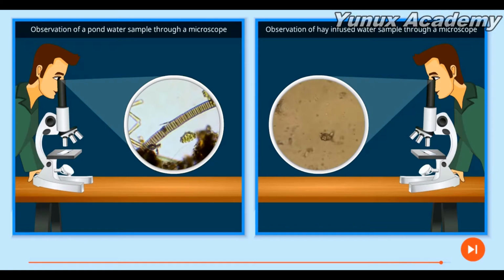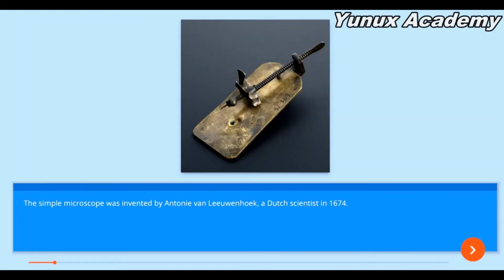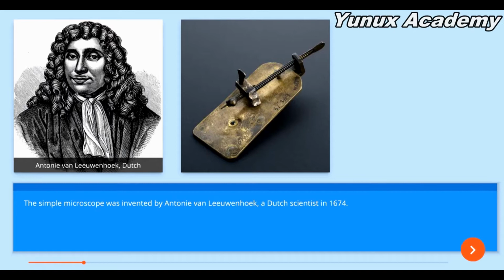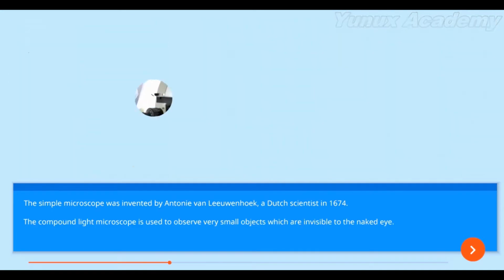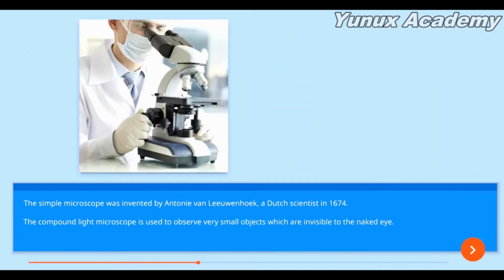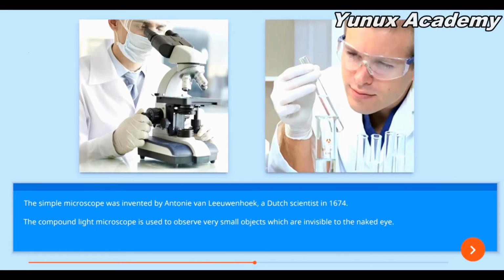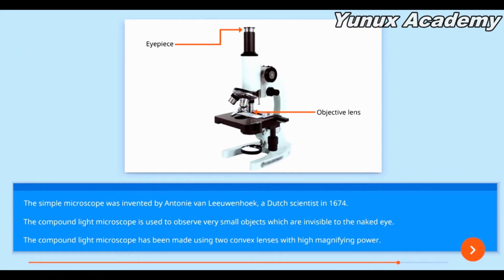in our surrounding environment. The invention of the simple microscope by Antony van Leeuwenhoek, a Dutch scientist, in 1674, can be considered as the beginning of the exploration of microorganisms. The compound light microscope is used to observe very small objects, which are invisible to the naked eye. Although microorganisms cannot be observed with the naked eye, or a hand lens, they can be observed through a compound light microscope. You already know that the compound light microscope has been made using two convex lenses with high magnifying